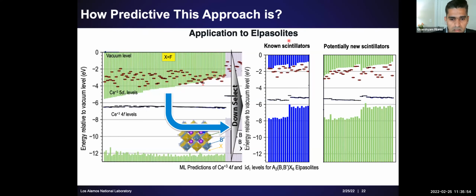But this is very encouraging because now we have built a machine learning based scheme, and tested it, and it seems promising. At least we can start making predictions. Of course, we don't claim to be 100% accurate every time because the models are imperfect, noise is in the data, and so false positives and false negatives are expected. But definitely we can do much better than randomly predicting or just by using domain knowledge to predict for scintillators.